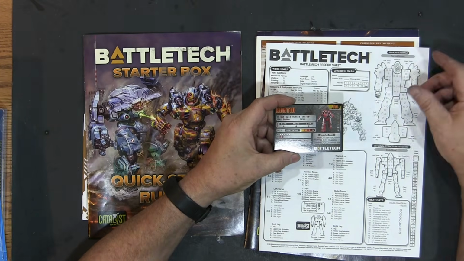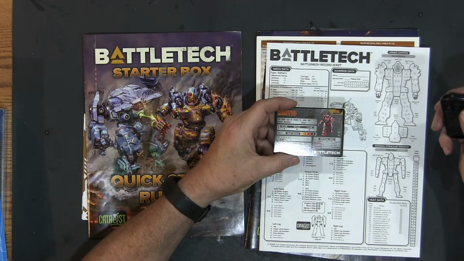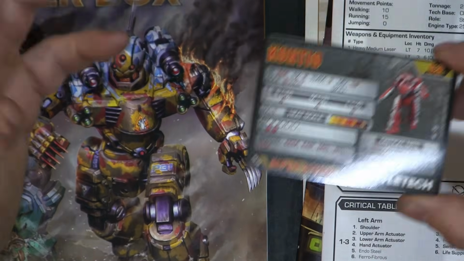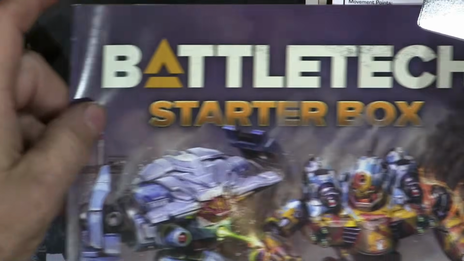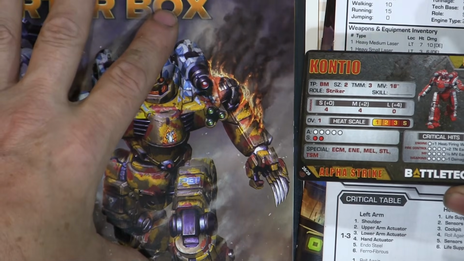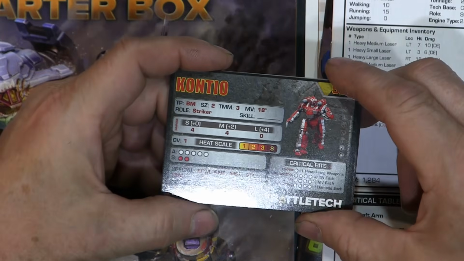First we're going to zoom in and take care of something that I left out of the unboxing, which was the Alpha Strike cards for the core box. These are all in the core box, and it's actually one of the differences. The starter box does not come with Alpha Strike cards. The two cards that would normally have been in the starter box are in the core box,